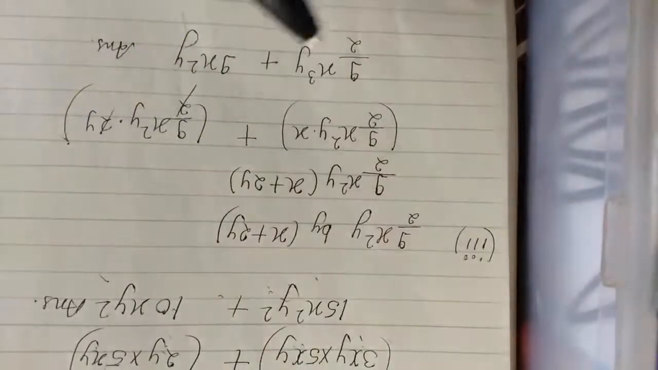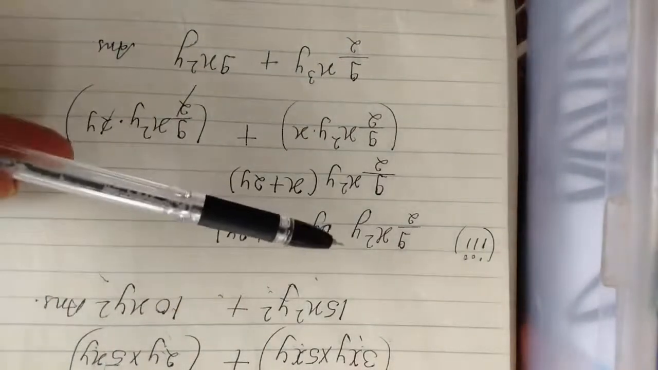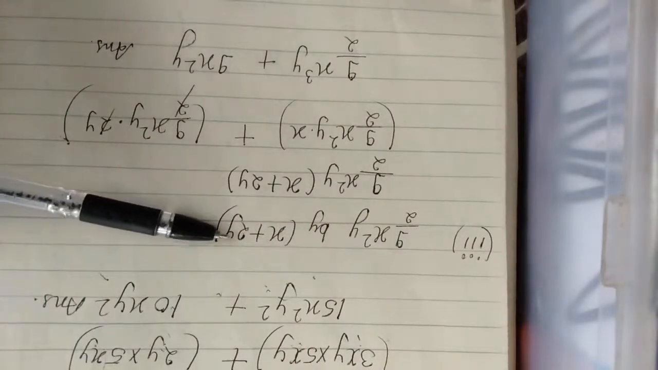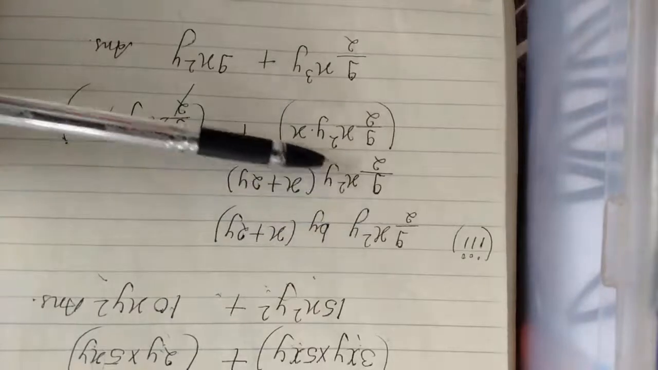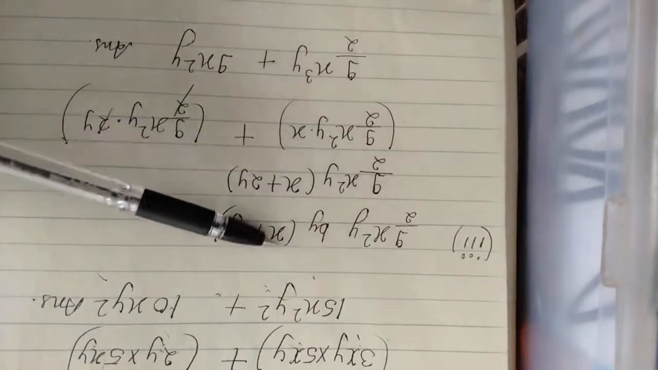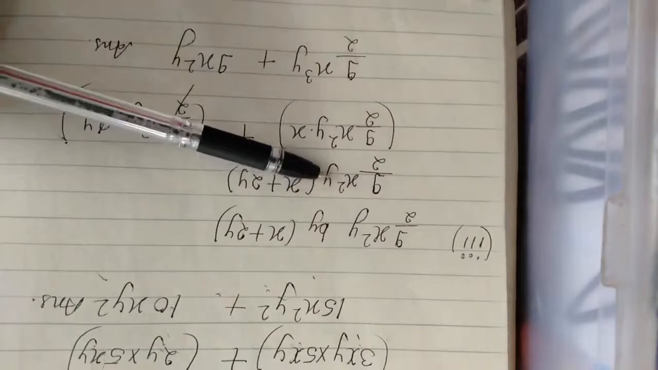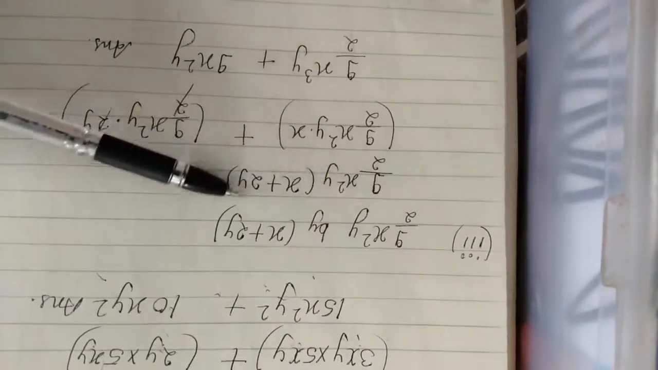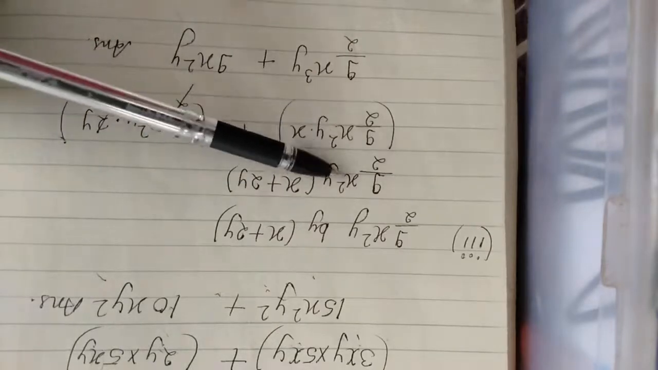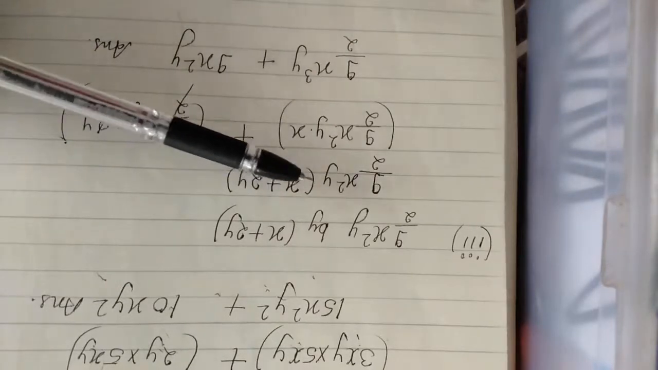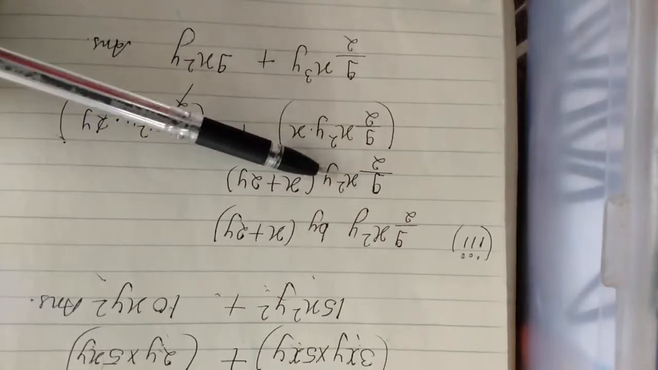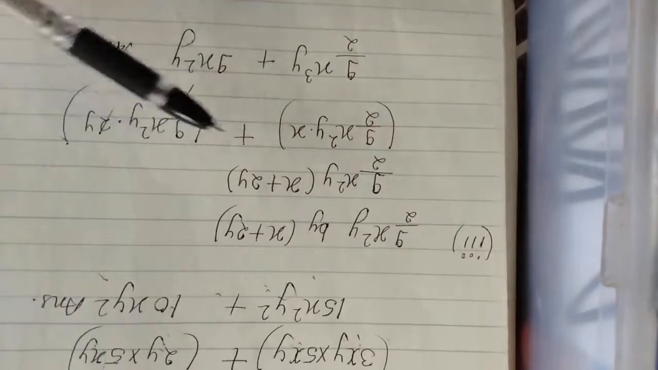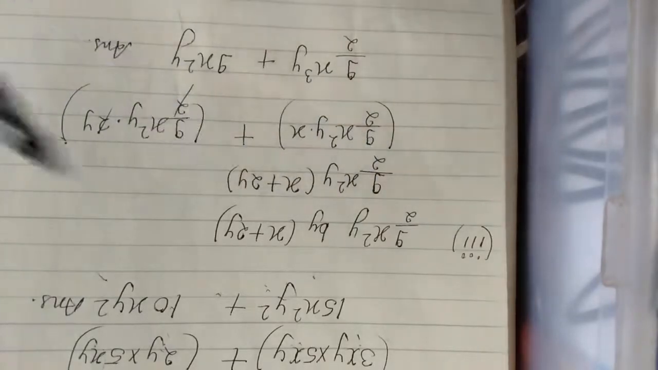Next is 9 upon 2 x square y by the bracket x plus 2y. So this term will multiply with this x, and after that with this 2y. So 9 upon 2 x square y into x plus 9 upon 2 x square y into 2y. Okay, we are multiplying this term with these two terms. Now